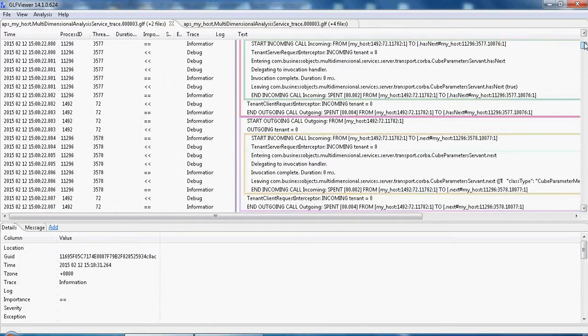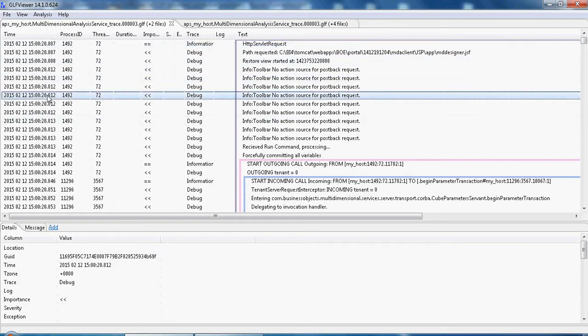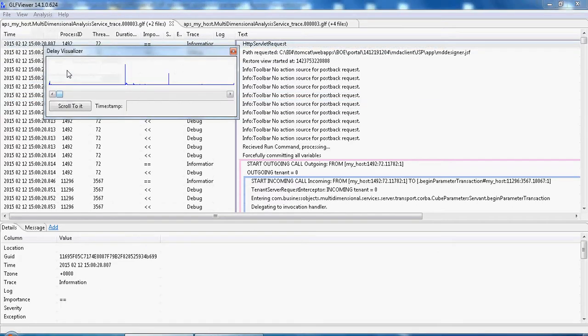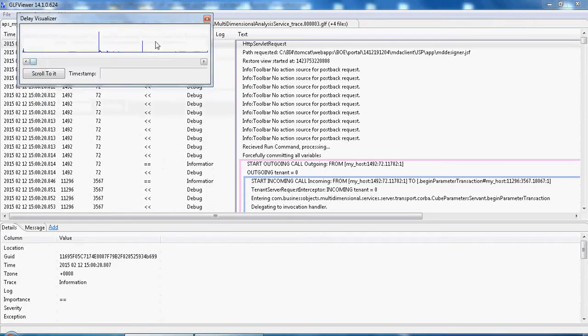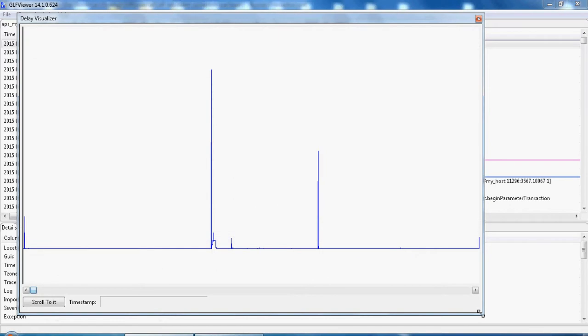This log file reader actually allows for some quite helpful analysis by looking at the time column down here. Now you'll see that most of these times are quite literally a fraction of a second between each other. However, if there were a gap between this one and this one, that would be listed as a spike in the delay visualizer. So you'll see a couple of spikes here in my first workflow. Spikes are to be expected. That's just when something's happening, probably outside the trace files. Perhaps it's going to speak to BW, or a long-running function call. Spikes are okay,